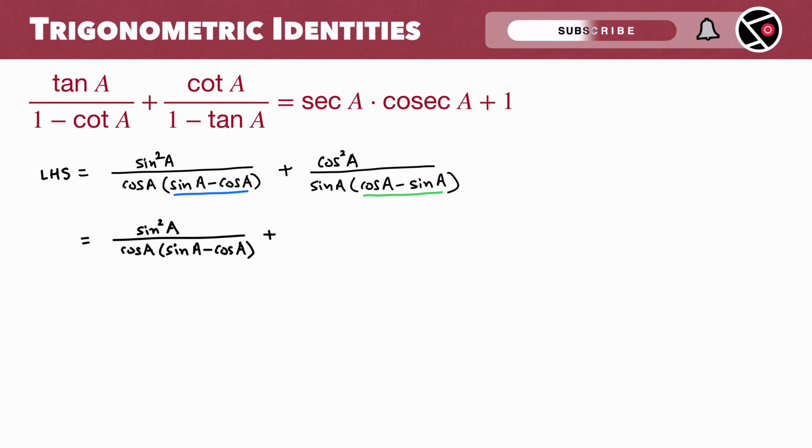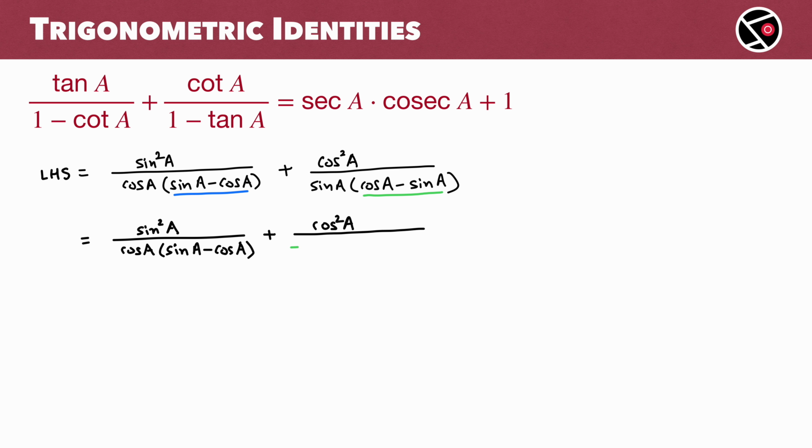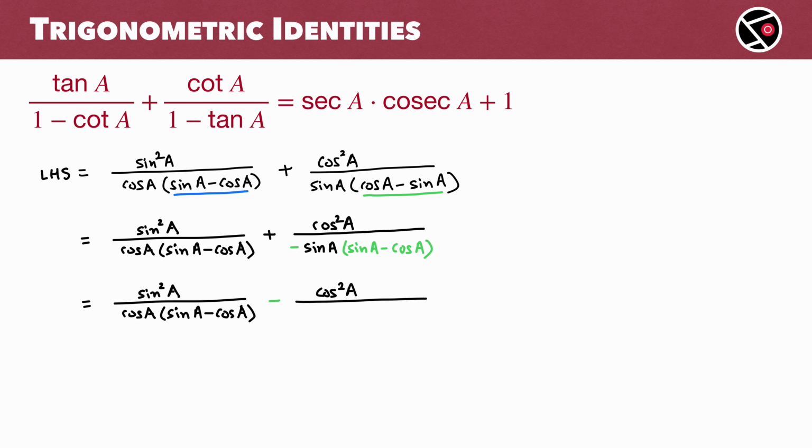But for the second term, we factor out the minus sign from the denominator to get, now both terms have sin A minus cos A in the denominator. We rewrite the expression and we get sin square A over cos A times sin A minus cos A minus cos square A over sin A